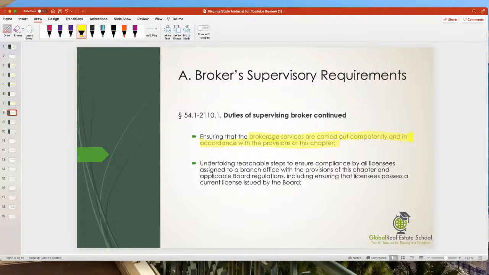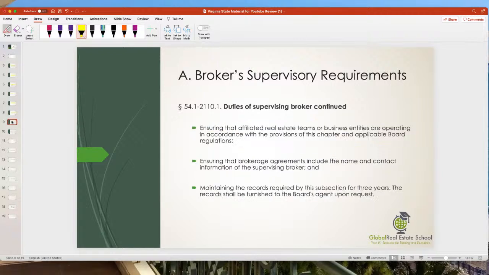And then if something is not completed correctly in SkySlope, the assistant can just check that off, put a notation that, hey, you need to get this fixed, and then it goes right back to the agent. They have to get that taken care of, and all of those items need to be checked off prior to getting your commission check. Now, every brokerage office has their own rules and regulations on how to handle this. I just want you to know, brokers, part of their duties and supervisory job is to make sure that those forms and documents are completed correctly and in compliance with the license law.